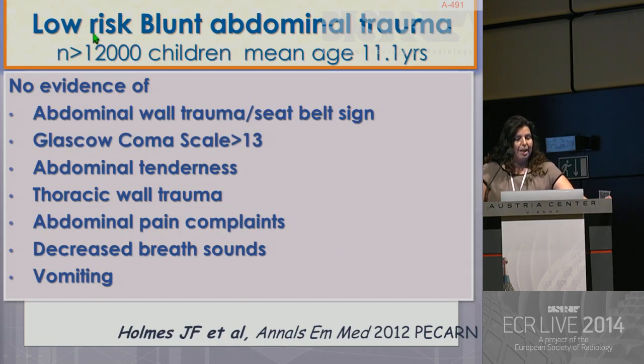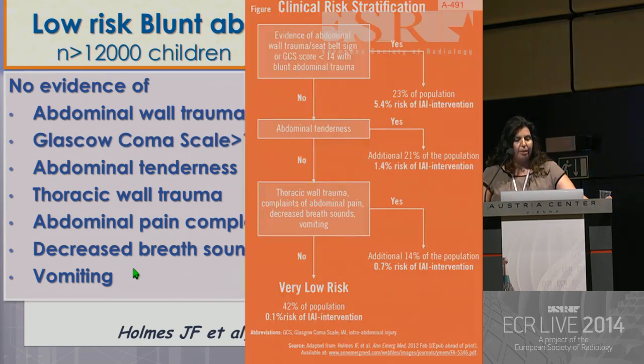Conversely, there's a large multicentric study, and I urge you to inform yourselves and the pediatric surgeons about it, about the children that are low risk for blunt abdominal trauma, with thousands of children being evaluated for the simple 7 variables. And this risk for intra-abdominal injuries has been stratified. In order of importance, the presence of each variable: abdominal wall trauma, seatbelt sign, low Glasgow Coma Scale, abdominal tenderness, thoracic wall trauma,